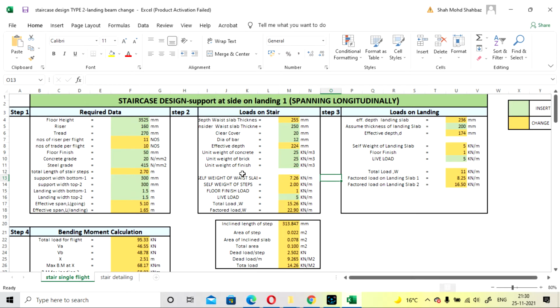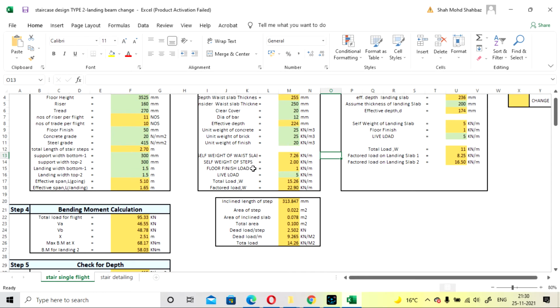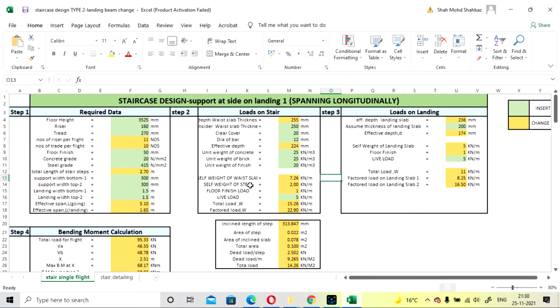The unit weight of finished work will be 20. The unit weight of concrete is considered for the self weight of the base slab, the unit weight of brickwork for the self weight of steps, and the unit weight of finished work for the floor finish load. By these three, the values are calculated: self weight of base slab 7.26, self weight of steps 2 kilonewton, and floor finish load 1 kilonewton per meter.